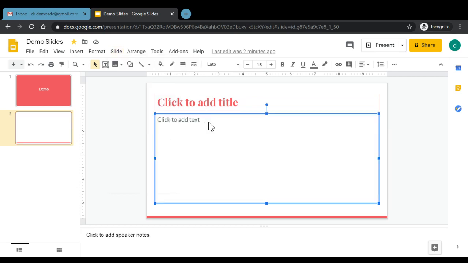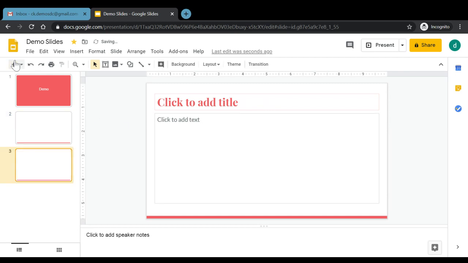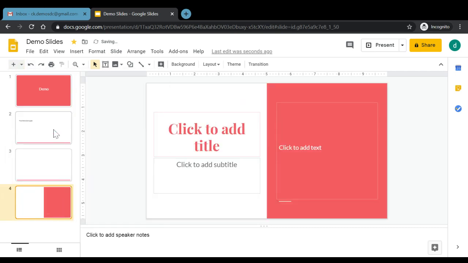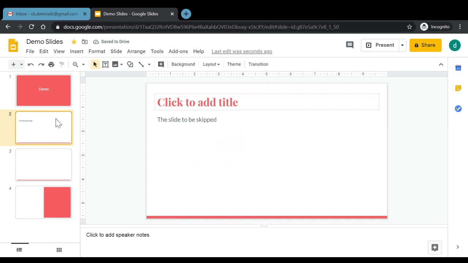For example, I just write here the slide to be skipped. And then let us add a few more slides in our presentation, with one with a different layout, for instance. And we feel that this second slide should be skipped while we are presenting. So again, I'll click on slide and click on skip slide. The moment we click on skip slide, you can see a particular option is being shown here. This preview button has been cancelled here, which means that it will be visible only to the presenter in case the presenter is working in the audience view, and it will not be visible to the audience.